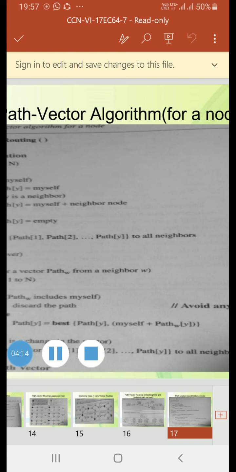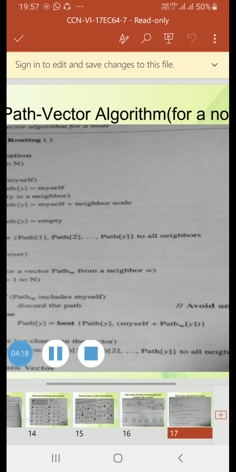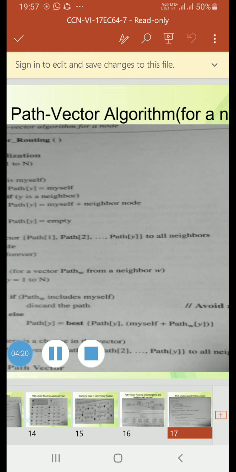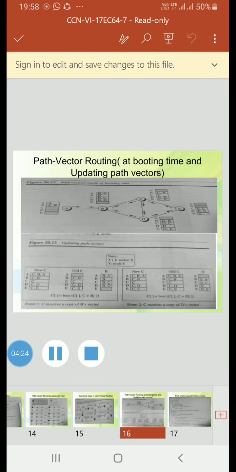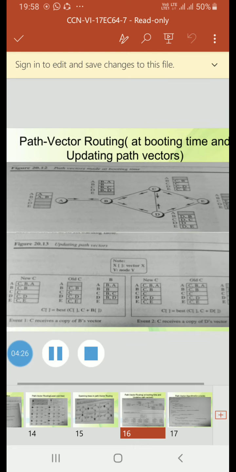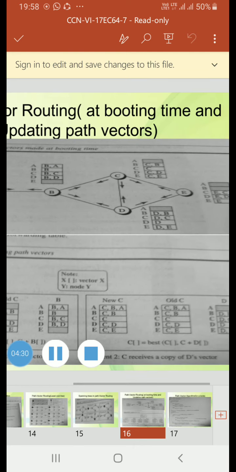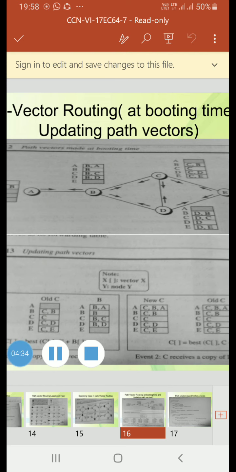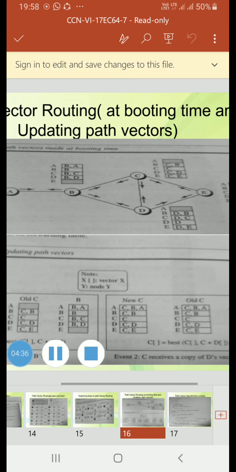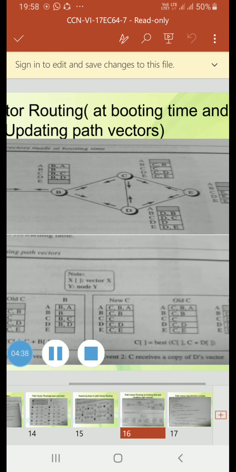Now we'll go for path vectors made at the beginning of boot time. This diagram will illustrate path vectors made at booting time. The policy is defined by selecting the best of multiple paths.